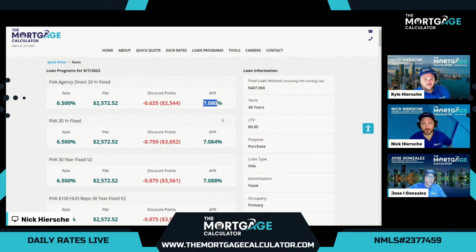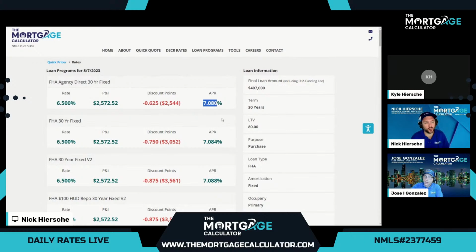So in this example, if our customer qualifies for both conforming and FHA, FHA might be a touch cheaper. In this example, it's about 0.2 cheaper overall with the APR when we compare across programs. And remember, the APR does include the upfront mortgage insurance and yearly mortgage insurance for FHA. So this is a great option for our borrowers that qualify for both. Definitely check it out. And for our borrowers that need to use FHA for the DTI or credit issues they may be facing, this is great news, as the FHA rates have included some recent changes to the MI.